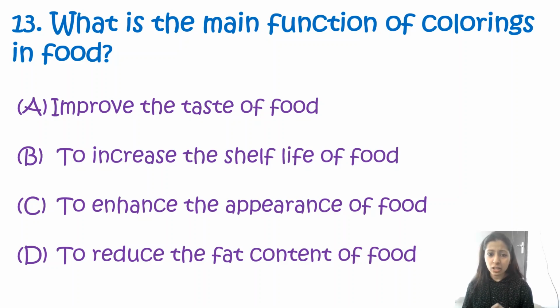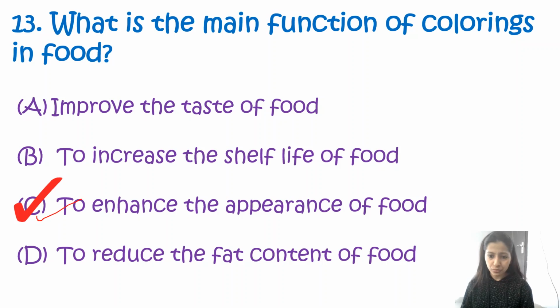The food colorings are used in food products for a variety of reasons, say for the appearance. If during processing there is a loss in color, to retain those colors back, or if it is exposed to sunlight or air temperature or other extreme environmental conditions, to bring those colors back and for better appearance so that humans can consume those products, or for good market values, these food colors are used. So the correct option will be option number C, that is to enhance the appearance